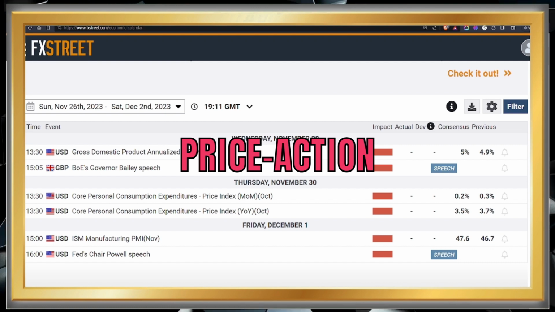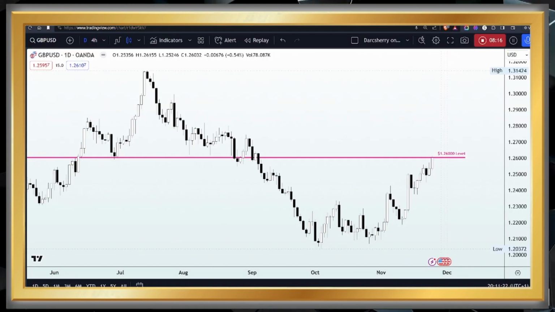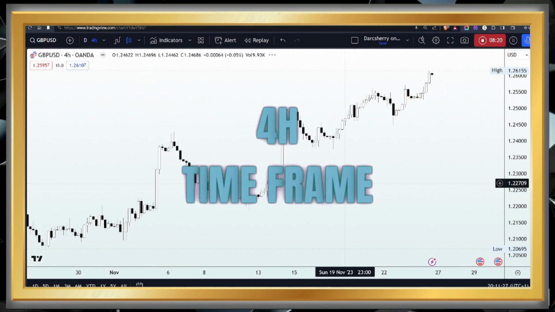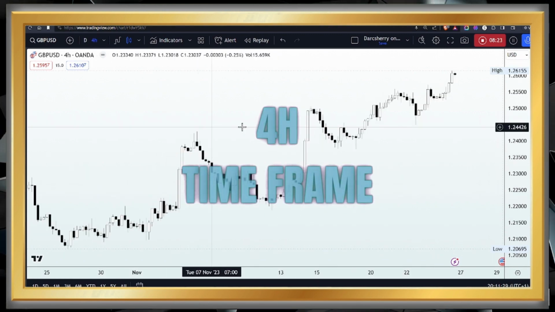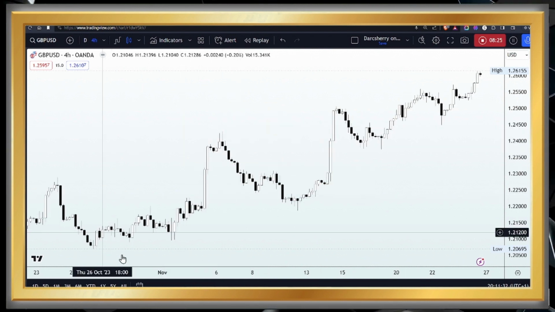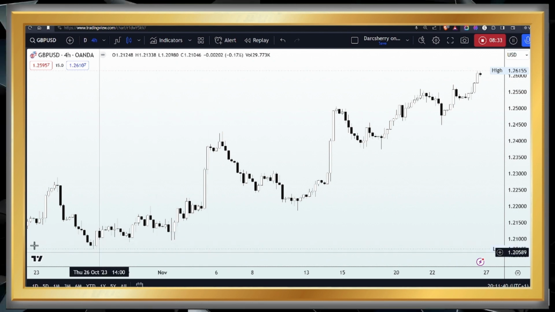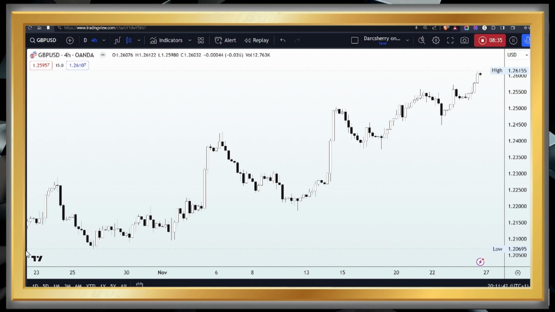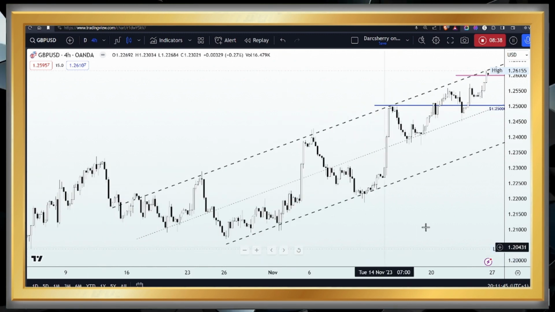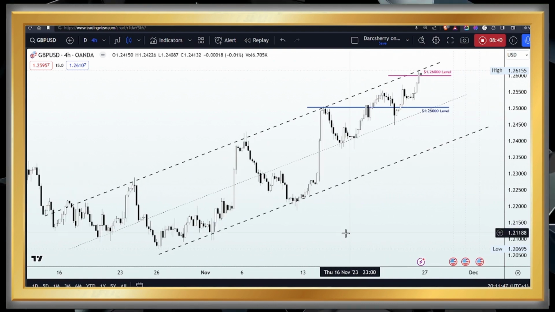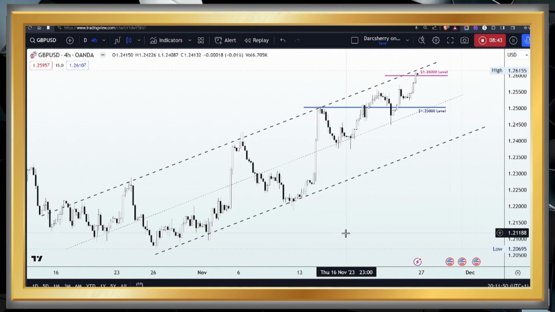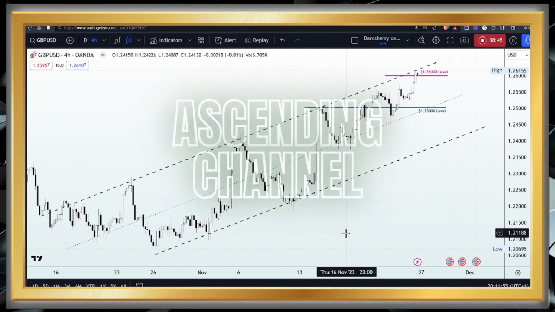So talking about price action, let's dive right into the 4 hours time frame, where I was able to spot a simple setup that will be guiding our decisions for this week. And what I did on the 4 hours time frame was to take into consideration the nature of price action in the last 3 to 4 weeks, and what I found here was quite interesting, as you will see that first of all, the market is very bullish,